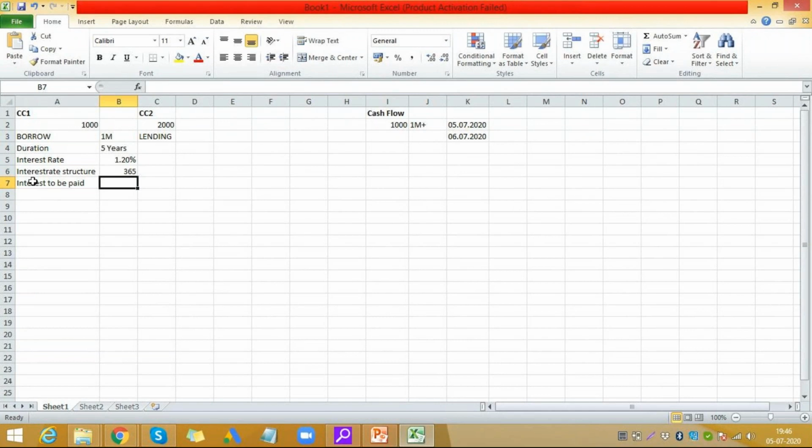You could define a manual input where you define that, okay, I need to pay this interest after 35 days, after 45 days, right? So interest to be paid, it could be yearly, it could be at the end of the term together. So let's say interest is paid yearly in this case. Now on 6/7, the cash flow that's going out is, say, 1.2% of 1 million. It becomes this, I think. Yeah. Now again, sorry, 2021.